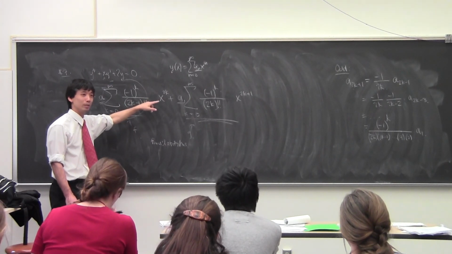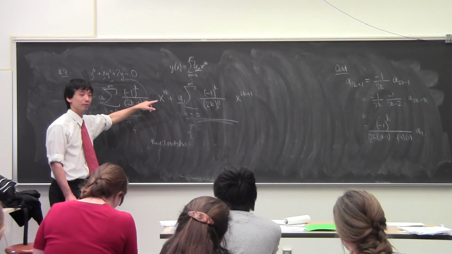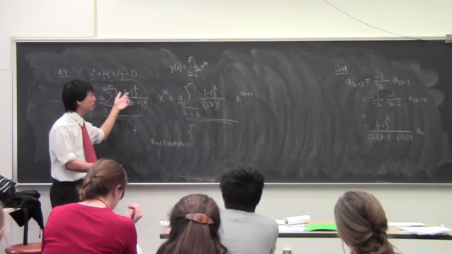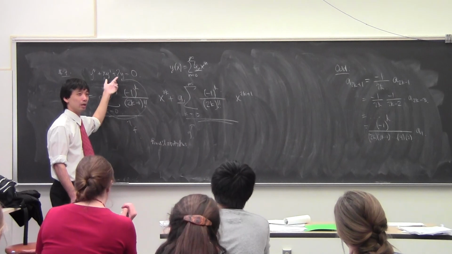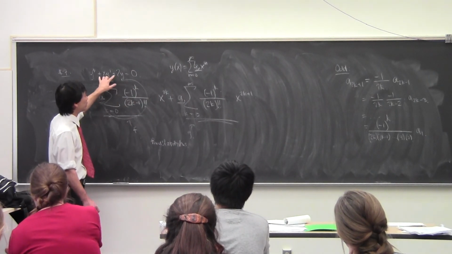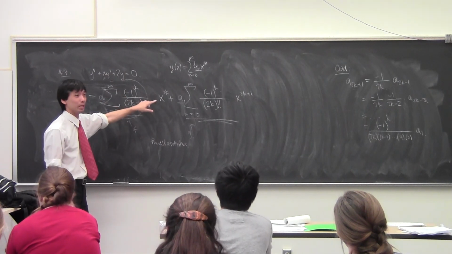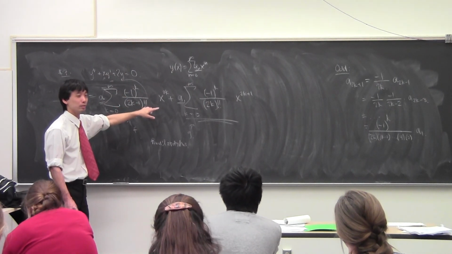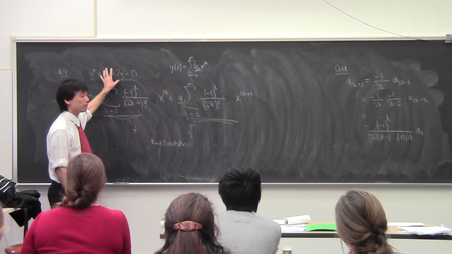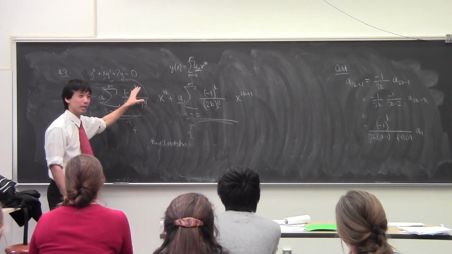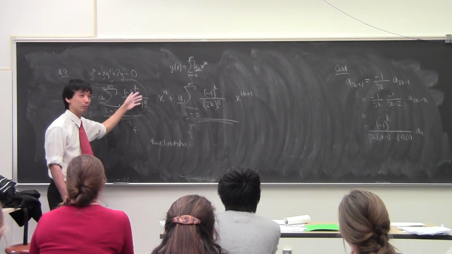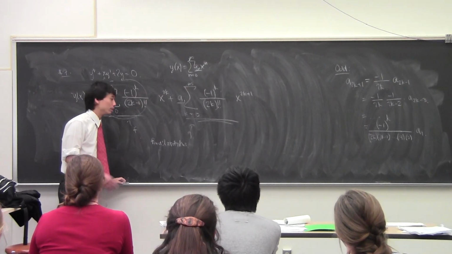Their span would be one-dimensional. So from a linear algebra perspective, it's obvious that these guys, because their span is the solution space, you know that every solution must be a linear combination of these things. So you know that their span is the two-dimensional solution space. Well, there are only two of them, so they can't be linearly dependent. If they were, their span would be only one dimension. So you don't have to